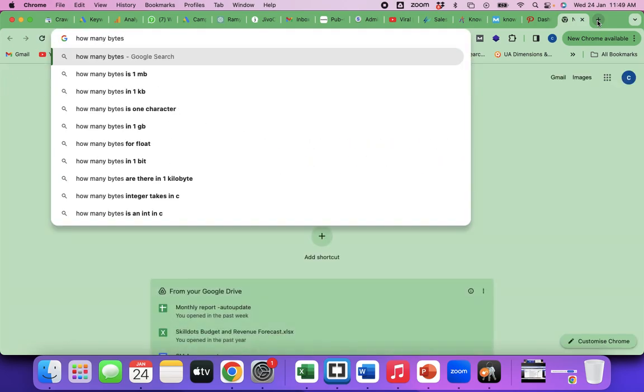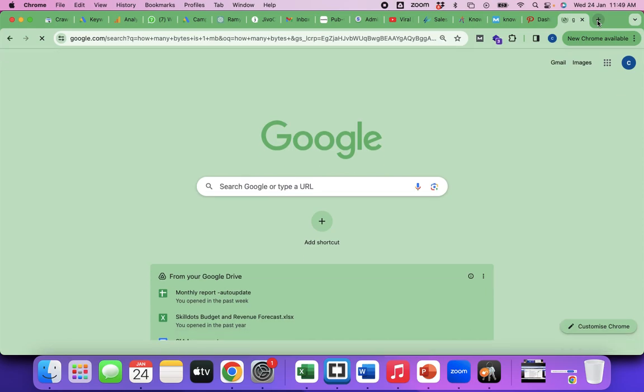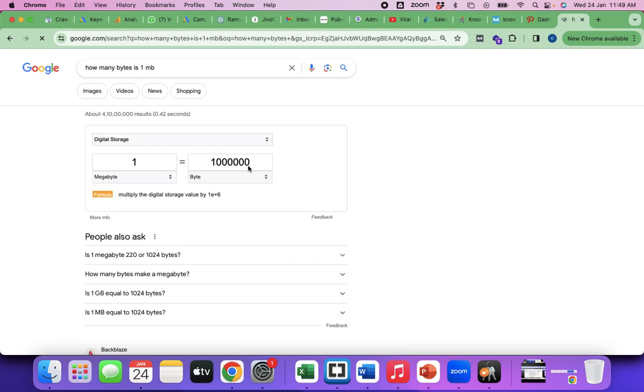How many bytes is 1 MB? 1 million bytes is 1 MB. So 1 MB is 1 million bytes, that is 10 lakh bytes.